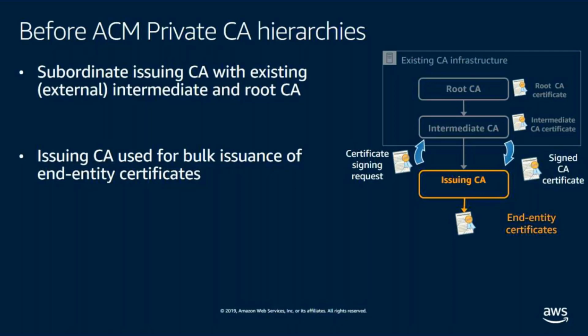You could issue end entity certificates to identify resources like TLS endpoints or IoT devices that are trusted in your environment because the root CA is distributed to the trust source in your environment. Customers like this ability, and they viewed it as a supplement to their existing CA infrastructure, but they wanted AWS to do more. And so this is why we